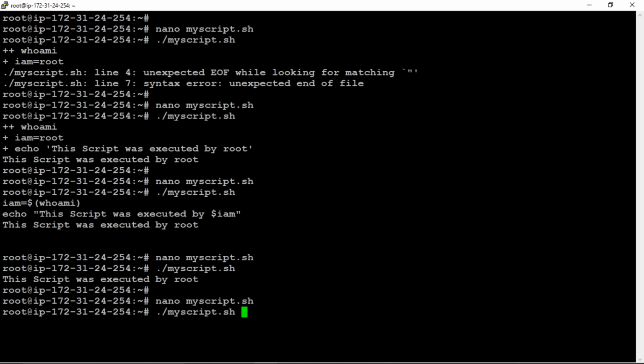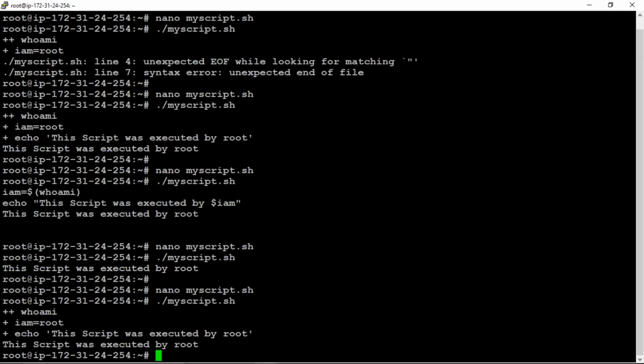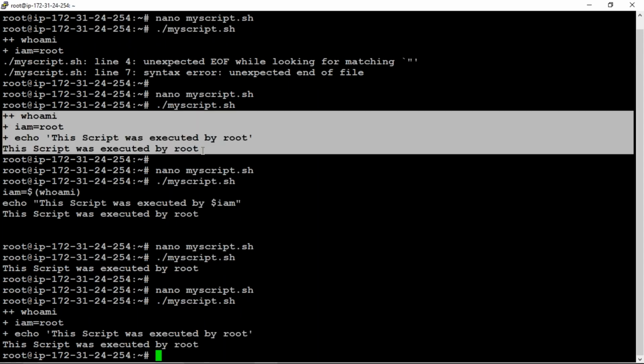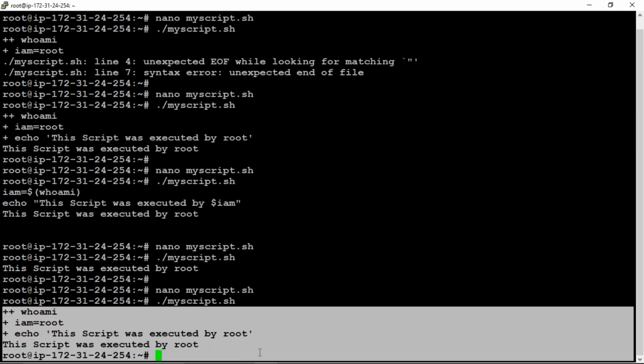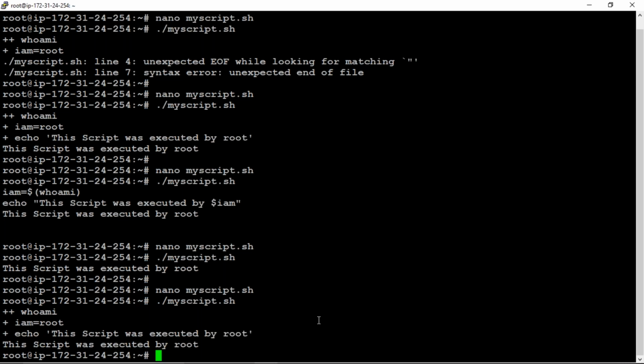Now try to execute the file. So what do we get? The entire code will be displayed, as we are using hyphen x. Clear?